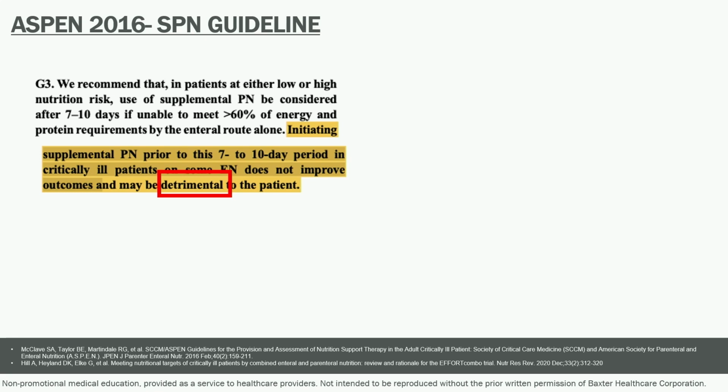From my point of view, that's basically suggesting you are going to cause some serious harm if 1 drop of PN is provided when EN is infusing at the same time. And I don't know about you guys, but this is when I started to see kind of a one-size-fits-all approach with PN, where there was just a lot of fear of harm, and it was just kind of avoided at all costs